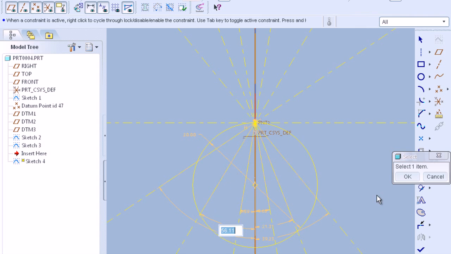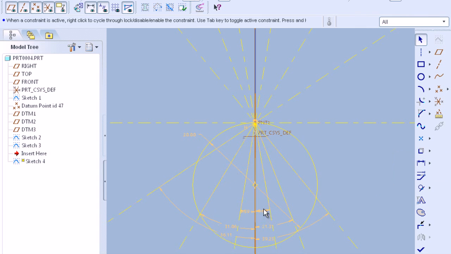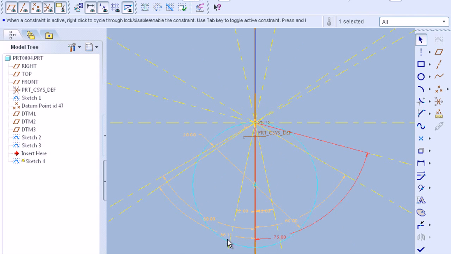Okay, so now again make the angles 12 degrees, 60 degrees and 75 degrees to the left hand side and right hand side of the center line. 60, 60 degrees, 75 degrees and 75 degrees.